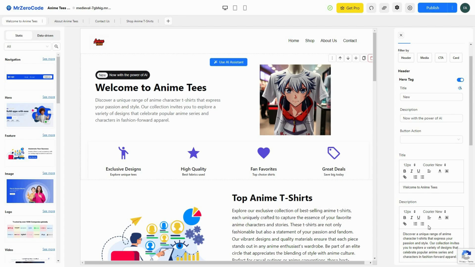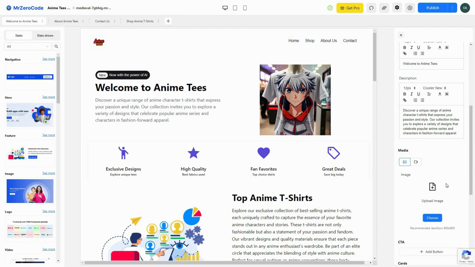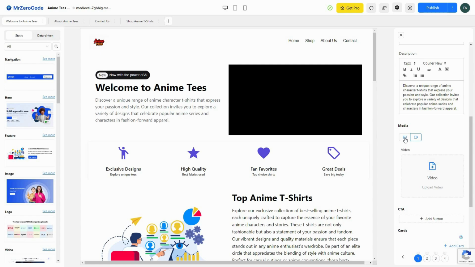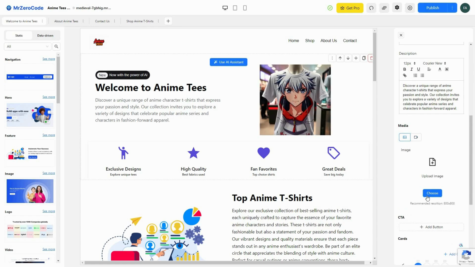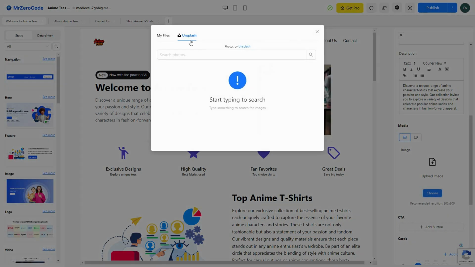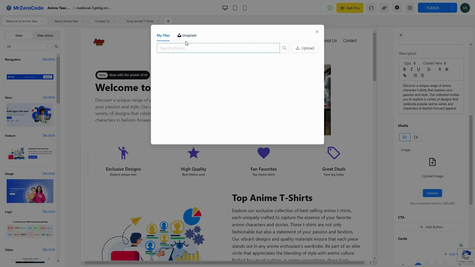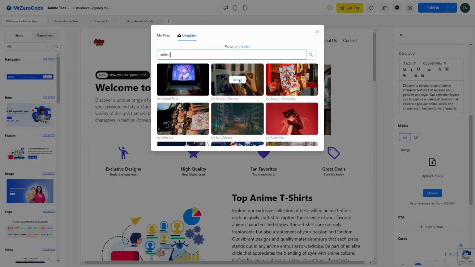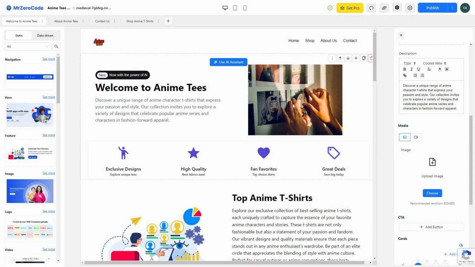Since this section is selected, I can also see this image if I scroll down. So as you can see, here is the image setting. I can also add video, or I can also add image. For example, if I want to change this image, all I have to do is just click on choose. Now I can choose one image from Unsplash, or I can also upload one image from my computer. For example, I want to add one from Unsplash. So for example, I want to add this one. I'm just going to select this image, and as you can see how fast it is, the image has been added. So just like this, you can add images, you can add videos to different sections